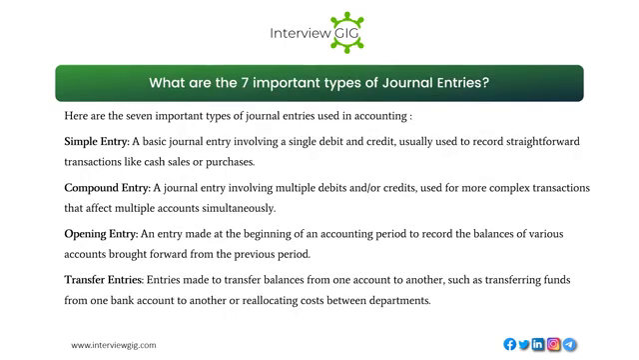transactions. What are the 7 important types of journal entries? Here are the 7 important types of journal entries used in accounting. Simple entry, a basic journal entry involving a single debit and credit, usually used to record straightforward transactions like cash sales or purchases. Compound entry, a journal entry involving multiple debits and/or credits, used for more complex transactions that affect